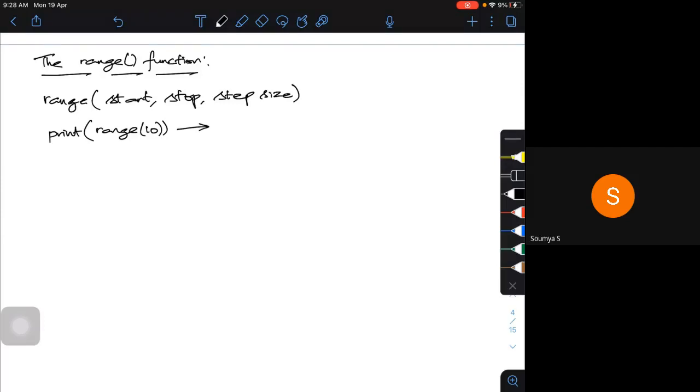I'll be getting all the values from 0, 1, 2, 3, 4, 5, 6, 7, 8, 9. So 0 to 9, 10 values. Look at this. This is the range.